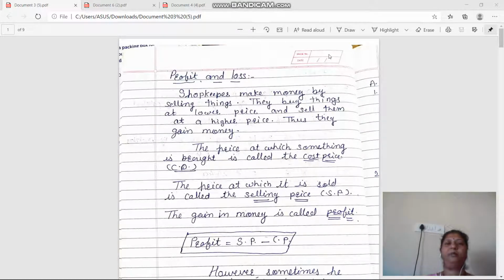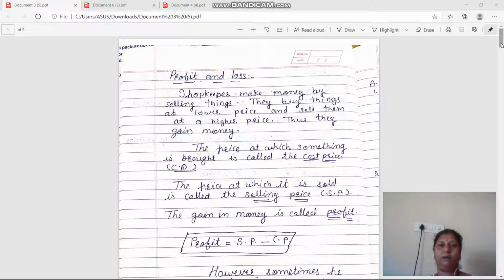Okay, so I am talking about the example of profit and loss. About the profit, right? I have taken a pen of 10 rupees, so 10 rupees is the cost price. I have purchased it. Then selling price: I have sold it for 12 rupees. So 12 rupees is the selling price and 10 rupees the cost price. 12 minus 10, I get 2 rupees. So 2 rupees is a profit. Clear?